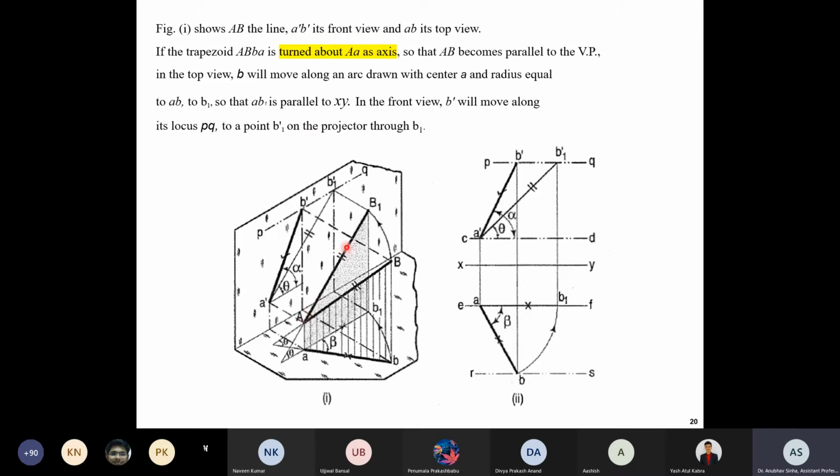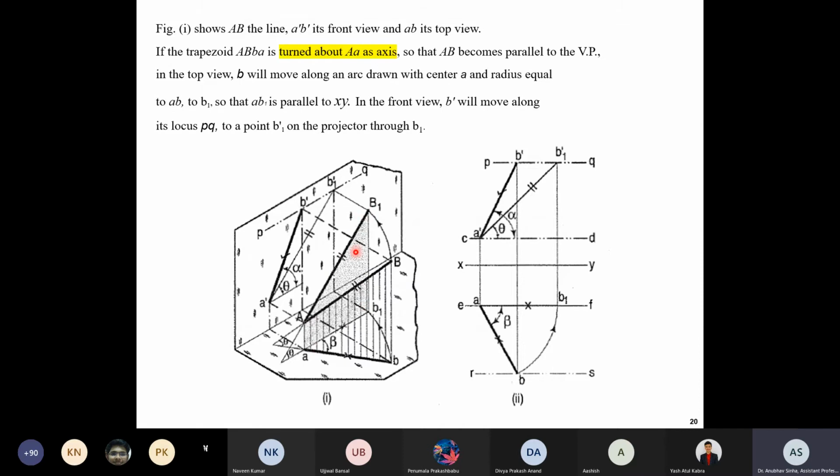So basically this is your line. AB is the line given to me. Now we have projection mates for front view and top view and all that. Now I want to make it parallel to a given plane so that I can find the true length of the line. So what I will do is I will take again trapezoid is given, this shaded region A, B1, small b1 and A. Again you can imagine that this is a cardboard piece cut in this shape. Okay, that will help you to visualize.